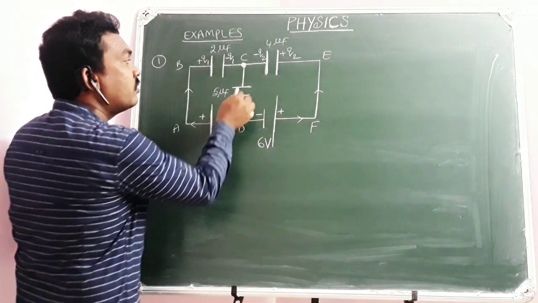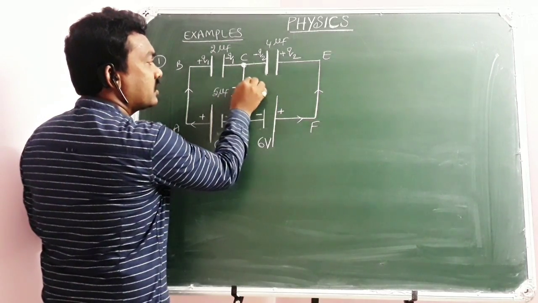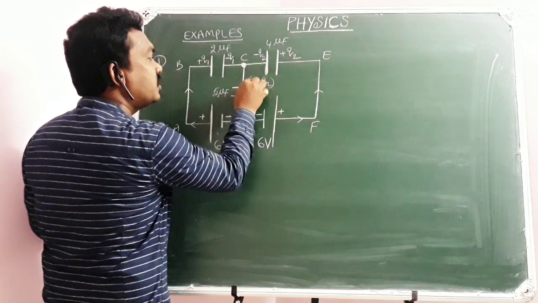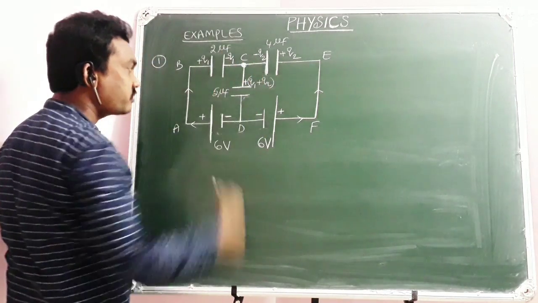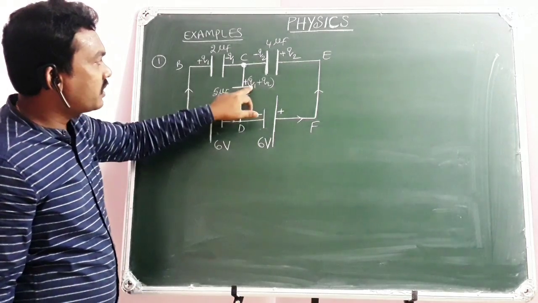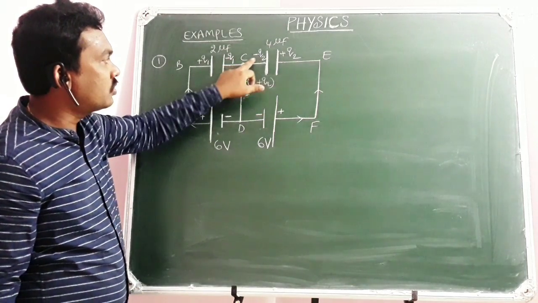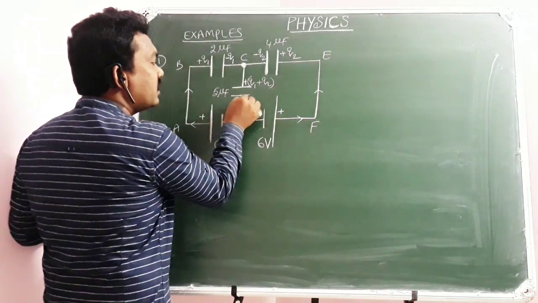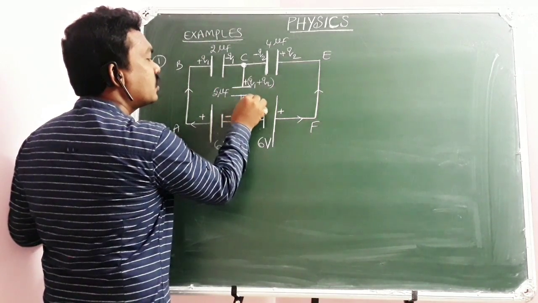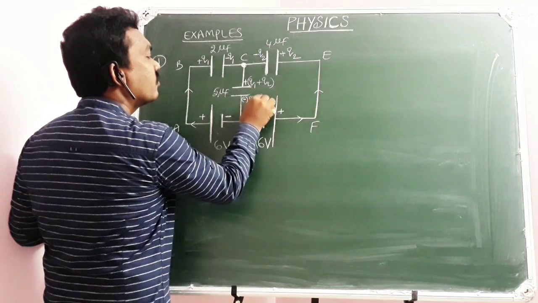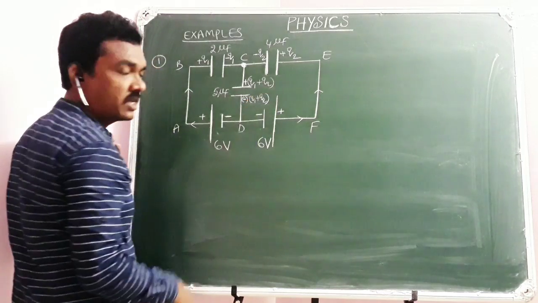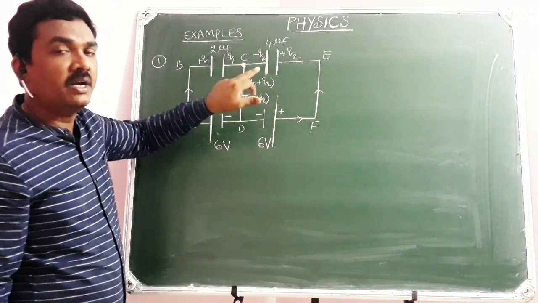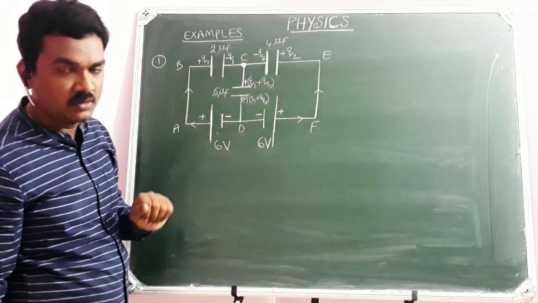Then how much amount of charge should be here? Yes, what you are expecting is right. It is a positive charge of magnitude Q1 plus Q2. Because this Q1 plus Q2, this minus Q1 minus Q2, their algebraic sum meeting at a junction will be 0. So automatically here there is a negative charge whose magnitude is Q1 plus Q2. So this is how, at the junction C, I have applied Kirchhoff junction law of charges.